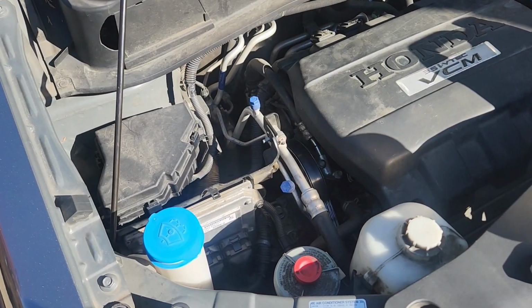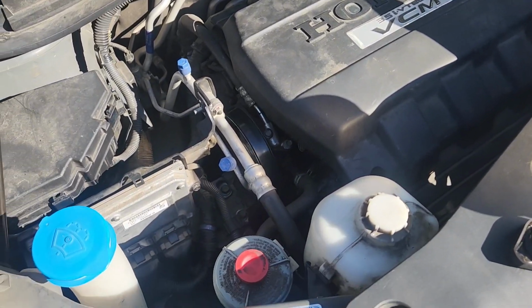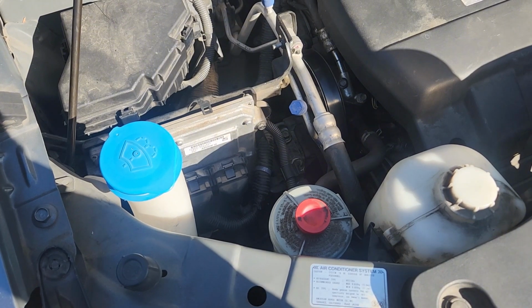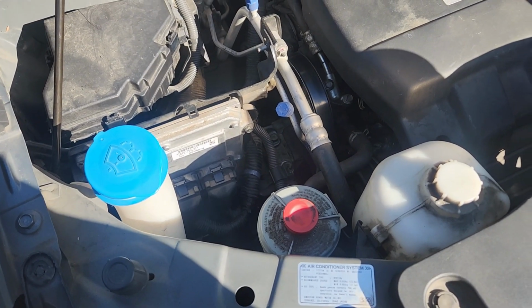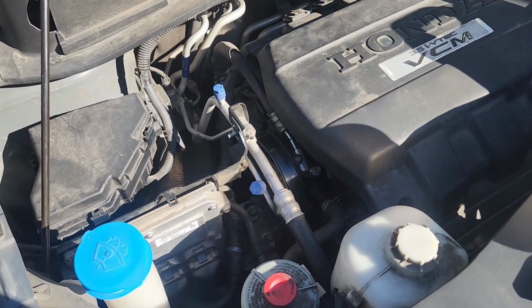So I didn't film a whole lot of the finishing touches here, but it's back together and running. Assembly is pretty much reverse of removal,